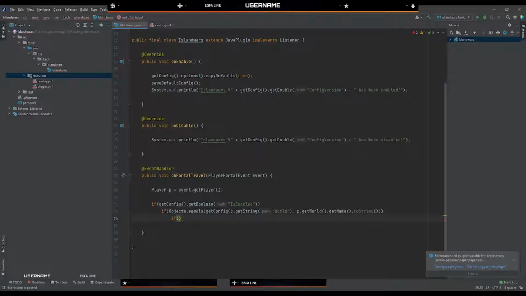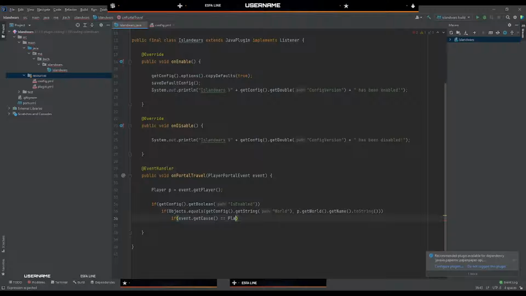So just to confirm that it's an end portal, we're just gonna do if event get cause is equal to